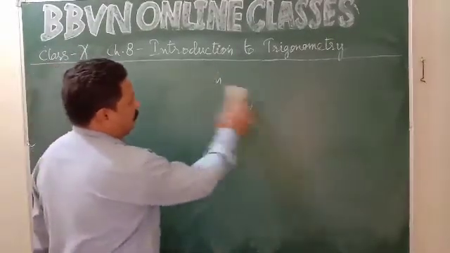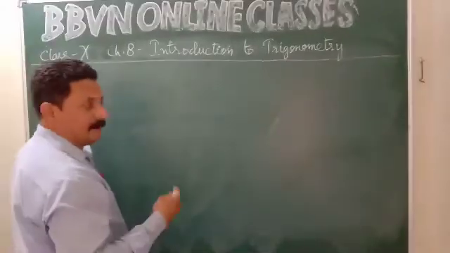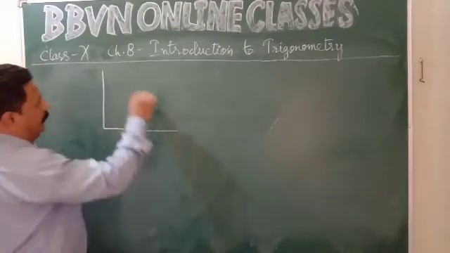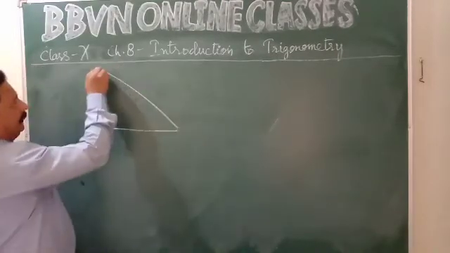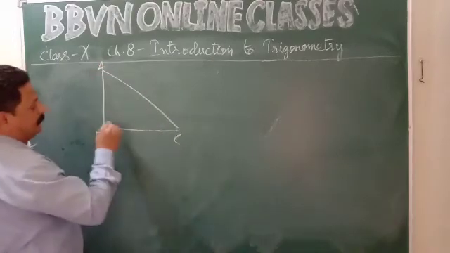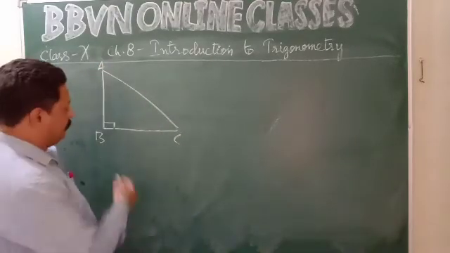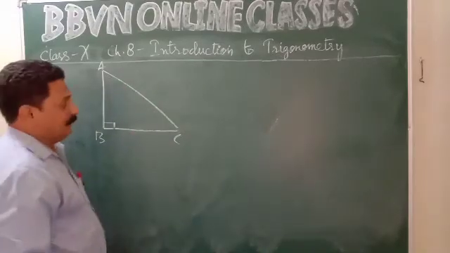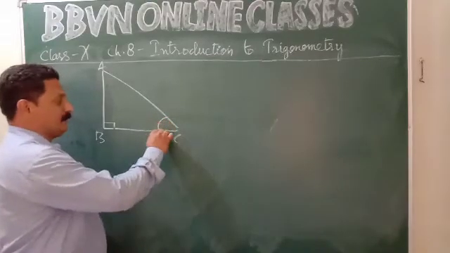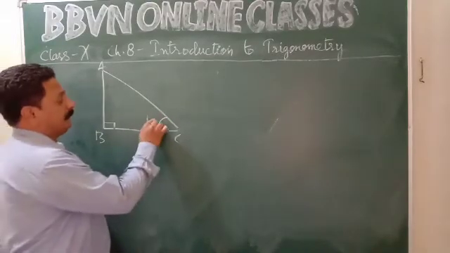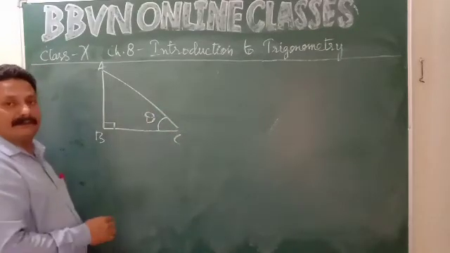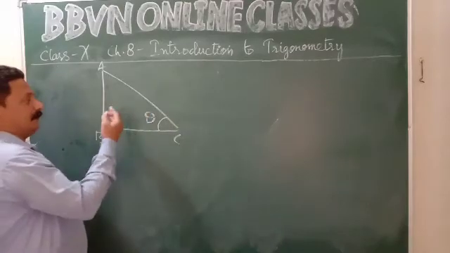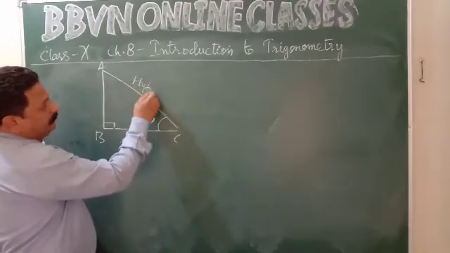Okay, so first let us consider what are the basic hypotheses that we have. Say I have got a right angled triangle, triangle ABC, right angled at vertex B. So A and C are the acute angles, right? There is a general representation of an acute angle: the Greek alphabet theta is used to represent an acute angle. Now in this right angle triangle, the side opposite to the right angle is the hypotenuse.